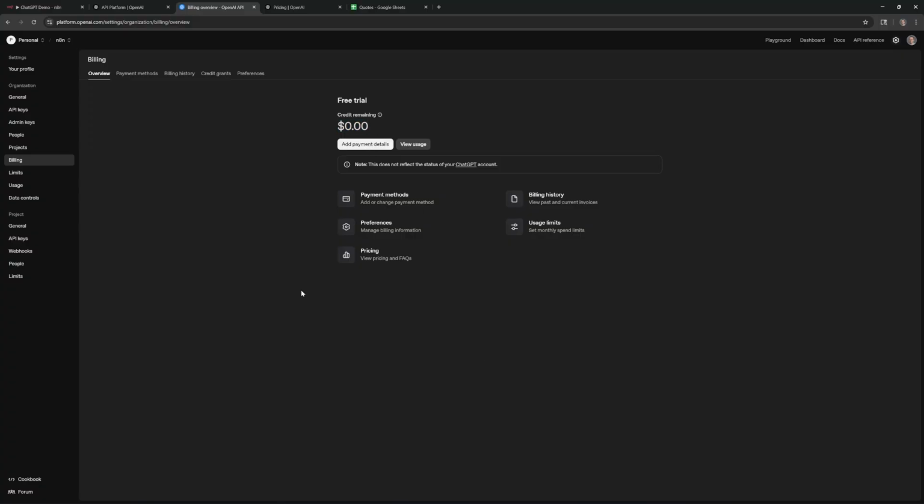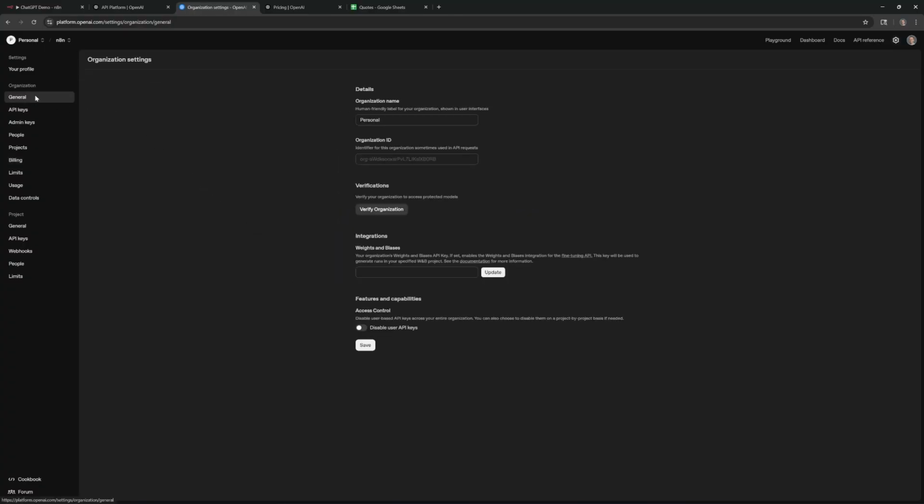On the topic of the images, there is one other step you need to do. If you go up to General on the left, you do need to verify your organization. It's going to ask you to give photos of your government ID, like your driver's license or passport, for instance. And then it's going to ask you to take pictures of yourself to actually verify that it matches the picture on your ID. So just keep in mind that does take a few minutes to go through, but that's a one-time thing. So you will not be able to use the image generation without going through that verify organization. If you want to do that, you don't have to do this part to do just the text.